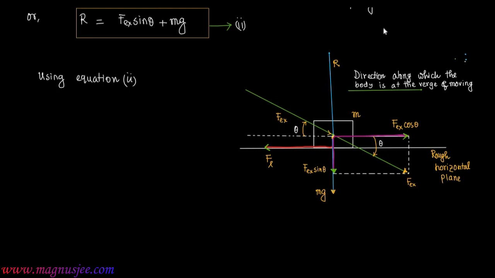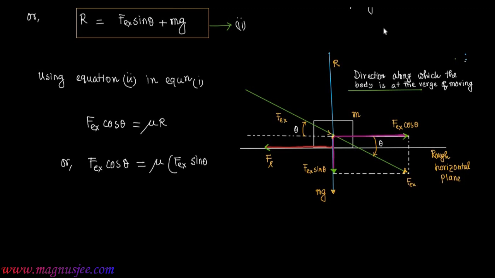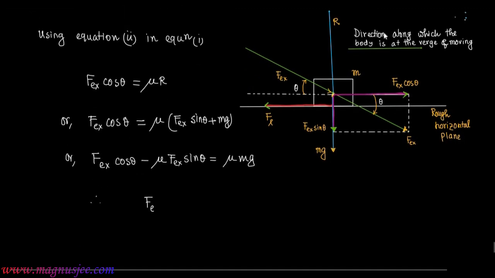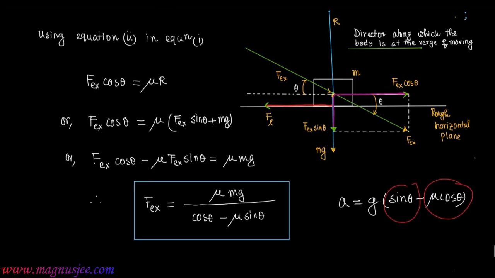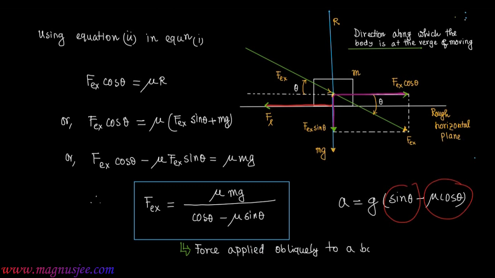Using equation 2 in equation 1, we get Fex cos theta equals mu R, or Fex cos theta equals mu into (Fex sin theta plus mg), or Fex cos theta minus mu Fex sin theta is equal to mu into mg. Now Fex is taken common, we get Fex equals mu mg divided by cos theta minus mu sin theta. Fex is equal to mu mg divided by cos theta minus mu sin theta, which is the force applied obliquely